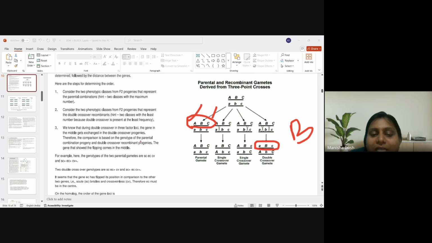Okay, so that is how the order of the genes is determined. Here, in the parental combination, the capital A and C were present with the capital B. But in the double crossover, what are you observing? Small a and c are present with the capital B. So this means the capital B is present in the middle. Similarly, if we look into this case,